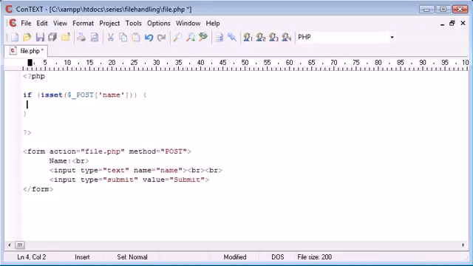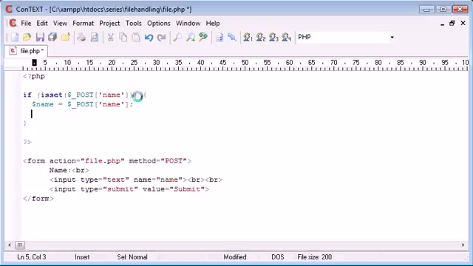So if it has been set, we can specify this variable. So I'm going to say name equals $_POST name. Okay, and now what we want to do is say if not empty name,